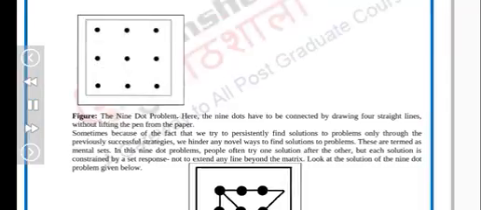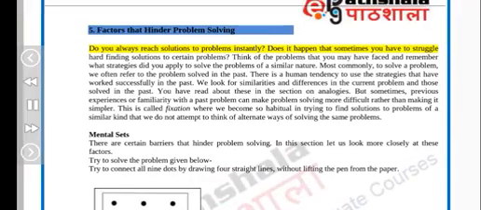5. Factors that hinder problem solving. Do you always reach solutions to problems instantly? Does it happen that sometimes you have to struggle hard finding solutions to certain problems? Think of the problems that you may have faced and remember what strategies did you apply to solve the problems